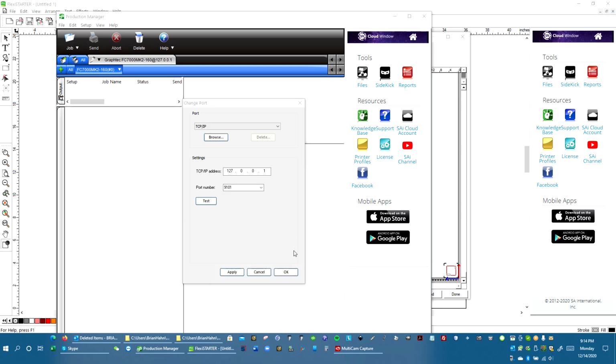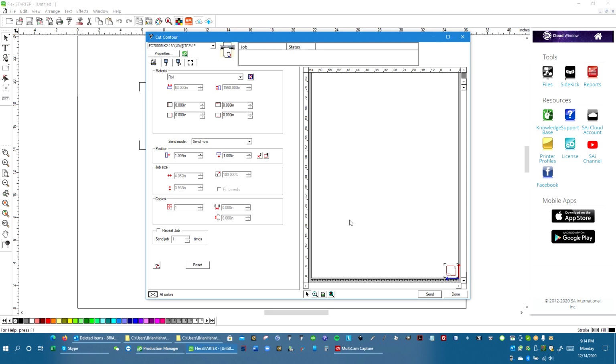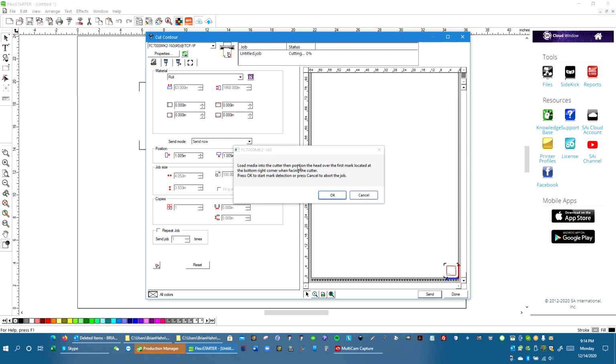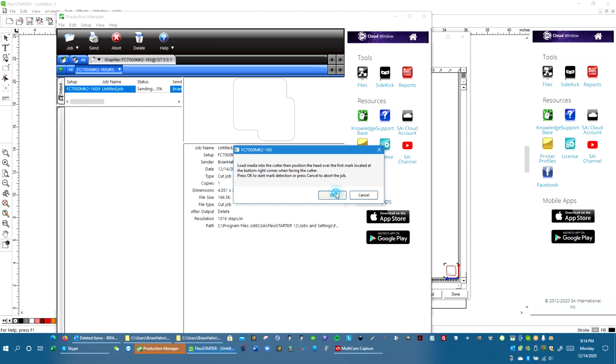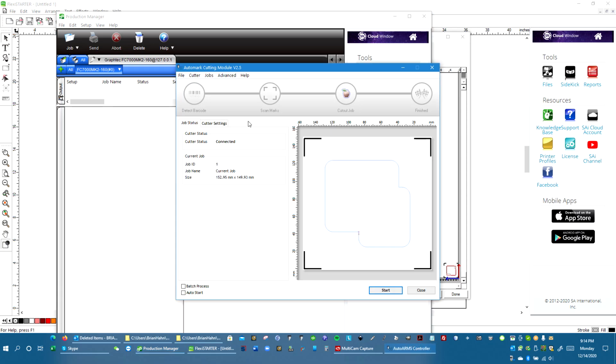Okay. Back here to cutting my contour, I'm going to send now. So it's going to send. It's going to bring up this little pop-up, load media, say OK. It's going to go from here, and then it's going to feed that directly into the ARMS controller. So from here, I can hit the start button, and what you want to do is you want to put your media in your Saga,